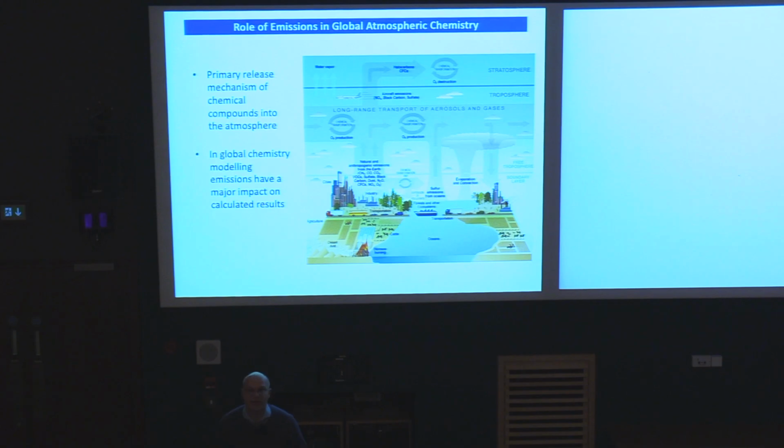The other secondary way, obviously, is for them to be created through chemical processes within the atmosphere. But in order for this to happen, you need some reactant chemicals there. If you have an atmosphere that consists entirely out of molecular nitrogen, oxygen and argon, your options will be fairly limited.